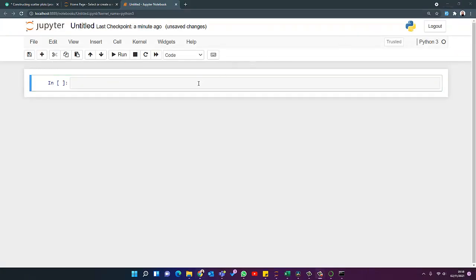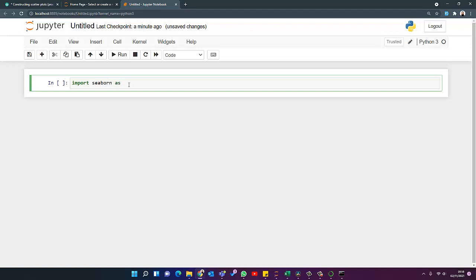I have divided the Seaborn libraries into 3 main parts. One is relational plot, second is distribution plot, another one is categorical plot. We will see them one by one in our future videos, but today I will be talking about scatter plots as a relational plot. First of all, we need to import